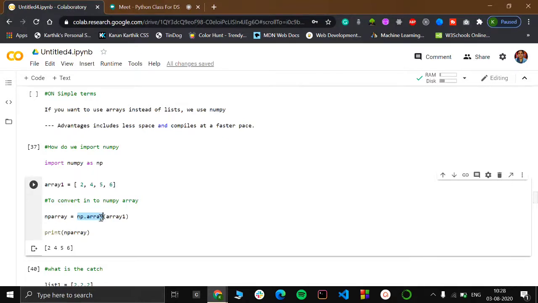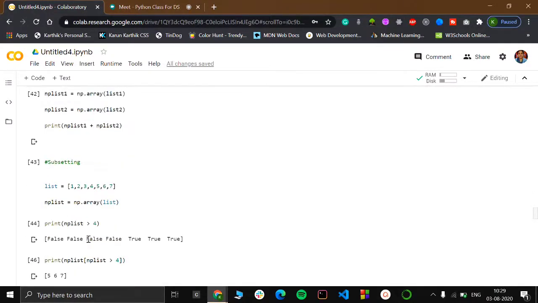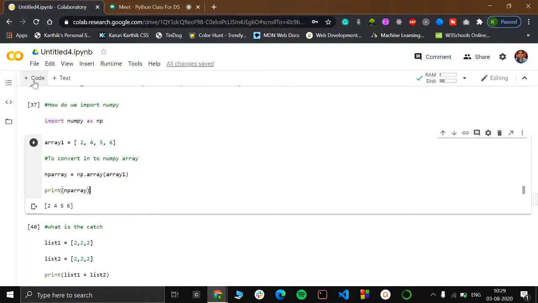What this does is, whichever list, be it multi-dimensional or single dimensional, if you want to convert it into an array, you would be using np.array, and you are converting this array1. So I will assign np.array of array1 to this np_array. This is our new NumPy array. I have written it this way in order to avoid confusion.